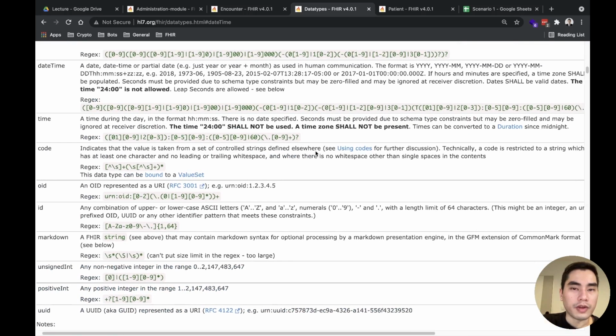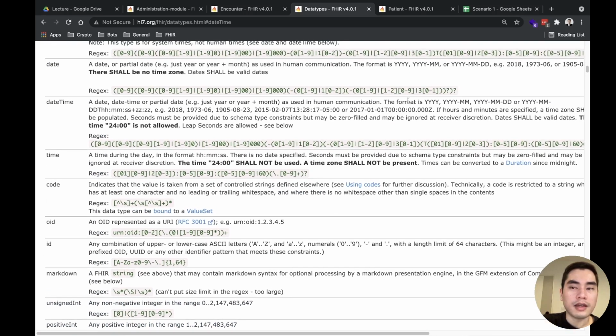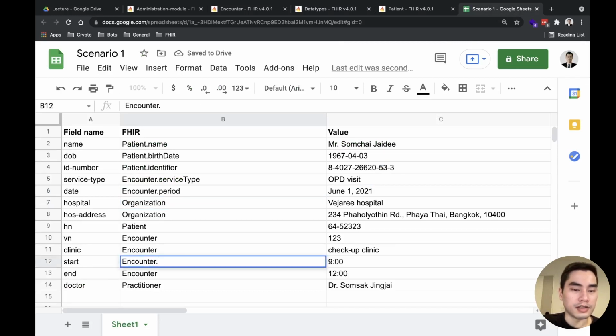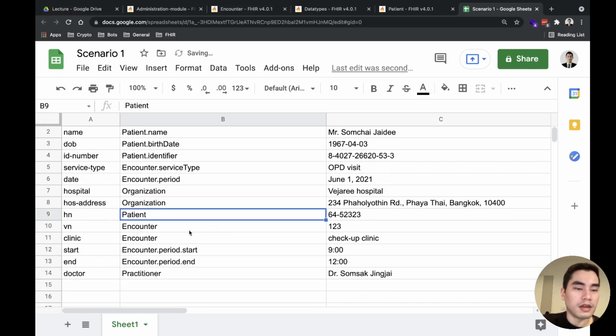And you go there, you will see that date is already included in the dateTime data type. So you can use period for this. And also start is period.start and period.end. Right?